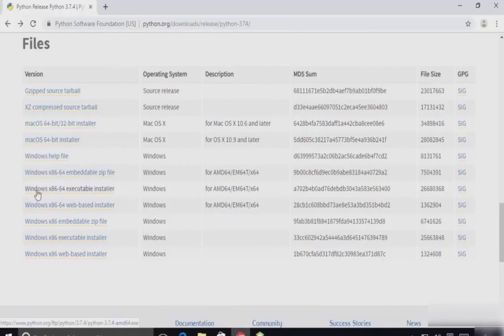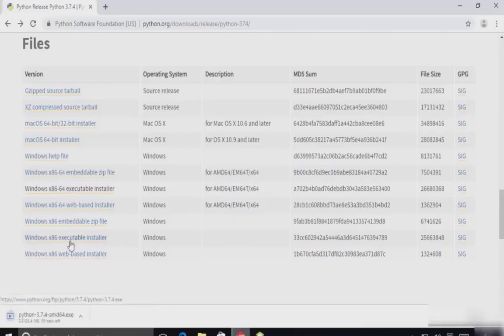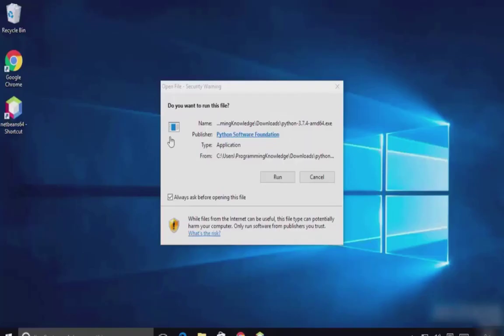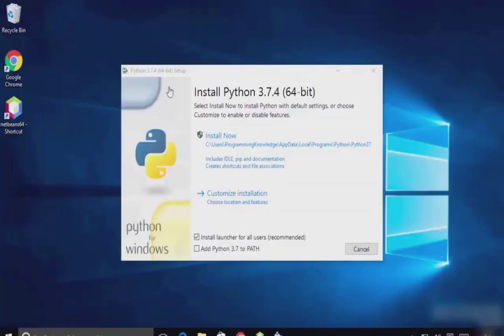If you are using Windows 32-bit, then you need to install the Windows x86 executable installer, and if your Windows is 64-bit, you need to install the Windows x86-64 executable installer, and it's gonna take some time. And once it's done, I'm gonna open it, and then I'm gonna click on run, and then I'm gonna here